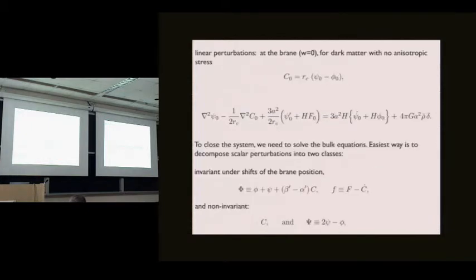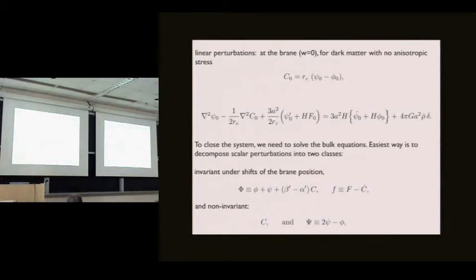Okay, so how about perturbations? So I'm going to assume T mu is just dark matter with no anisotropic stress. One of the constraint equations says that this metric perturbation C, which is usually called the brane bending mode. So the idea is that we are at the brane, and if you put a source there, this brane will bend, okay? Just due to gravity. And this C roughly measures, in some gauge which is not the gauge I'm taking, but doesn't matter, this bending of the brane, described by this metric perturbation